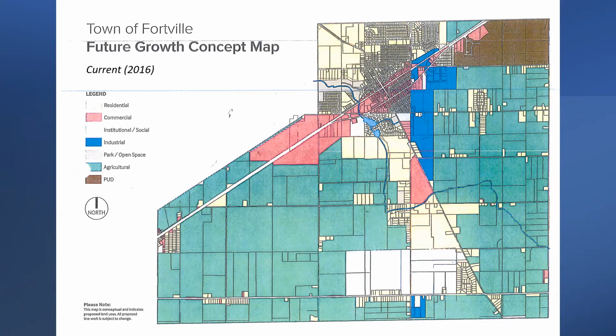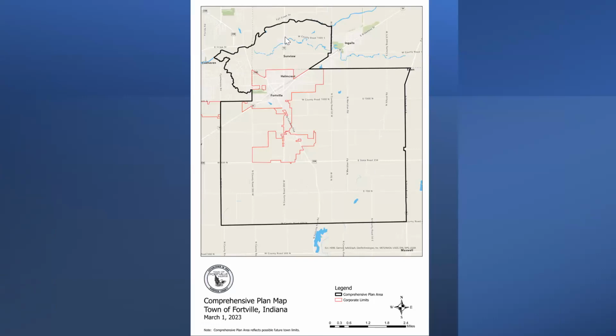So to answer your question about the agricultural, that's a good point that you raised. You'll notice that I didn't put that in as a category. The thought process was, if we're looking at this entire area bounded by this black line as Fortville at build out, and we're talking about future town limits, then really the agricultural land would all be unincorporated, outside of that limit at build out.